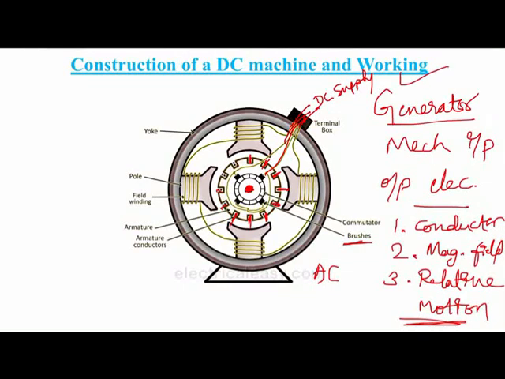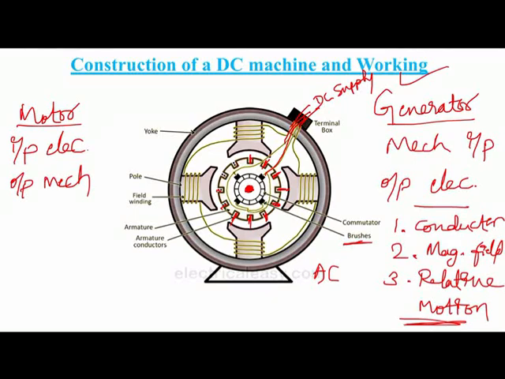So this is the working of the DC machine as a generator. Now let us see the working of this same DC machine as a DC motor. DC motor means we know the input is electrical and the output is mechanical. So the motor working principle, we already know, is that whenever we place a current carrying conductor in a magnetic field,